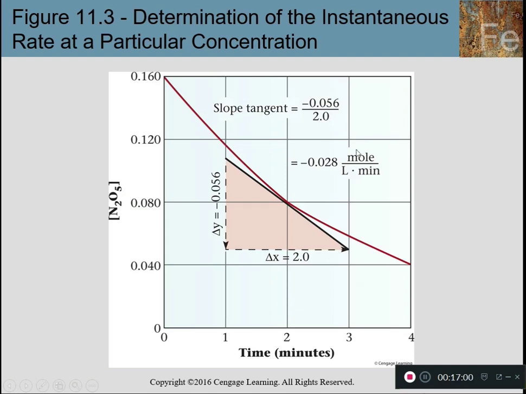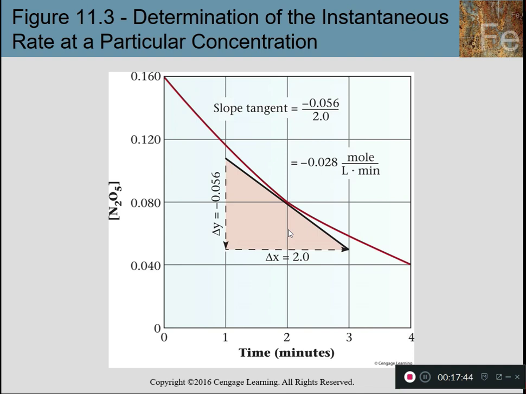Now, if we were to try to determine what's called the instantaneous rate, if we go back to that example that we had earlier about the N2O5 decomposing, in the beginning I said that the rate of the reaction was kind of fast, and you saw that because the NO2 and the oxygen both increased kind of fast in the beginning and it tailed off. Well, one of the concepts that occurs is what's called the instantaneous rate. In our example, they asked for the average rate of disappearance. Well, what if they want to know at any given moment in time, say exactly at 2 minutes, what's the rate? Well, what you would want to do is find what's called a tangent line